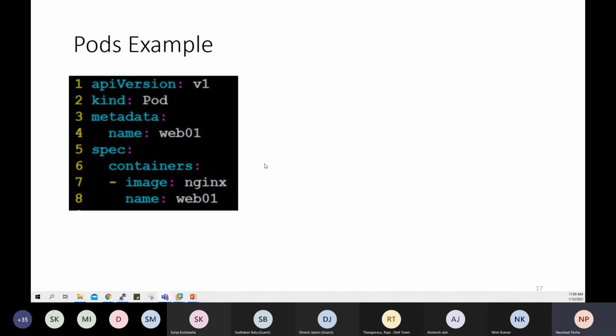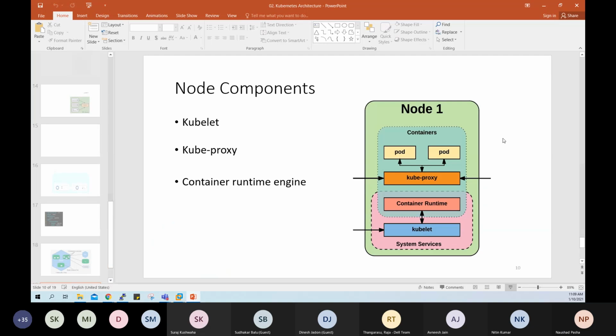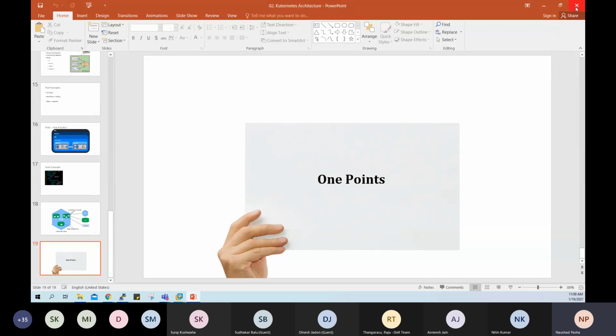This is the simplest YAML for you to create the pod within Kubernetes. So within a single node, you can have multiple pods. Within a single pod, you can have one or more containers. The recommendation is to have one container per pod. That's the architecture of Kubernetes.